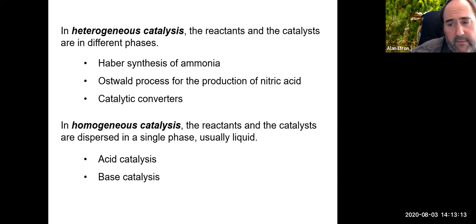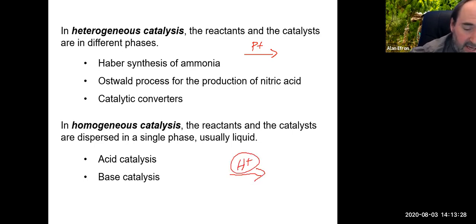So most commonly we see that with acid catalysts, base catalysts. And again, we see all these typically in reactions, for example, on top of the arrow there, right? So something like platinum's up there. Here you may see something like H+, which acts as an acid catalyst, on top of the arrow. But obviously if it's an acid, an acid means basically it's able to produce H+ in a solution,